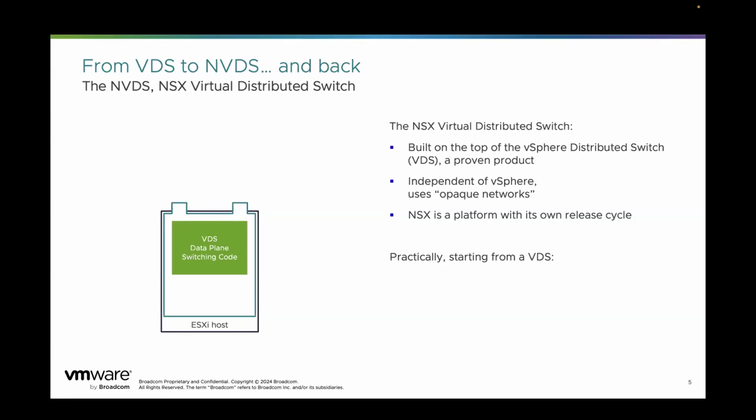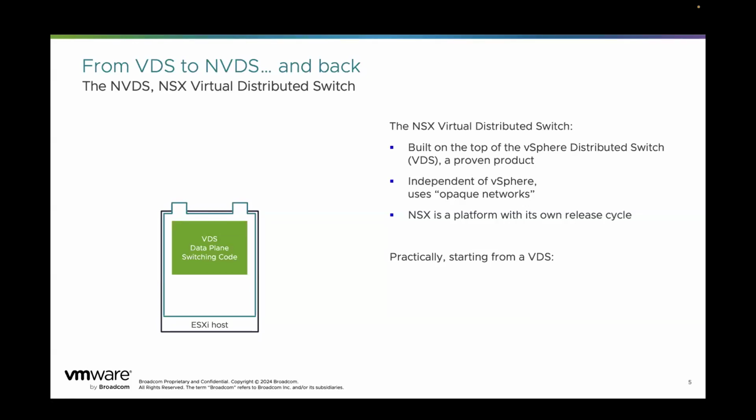This capability has been introduced several years before we created NSX. In fact, there used to be a Cisco switch, an IBM switch, or a lot of third-party switches running on the ESXi host that were relying on the same set of APIs that made them completely independent from the ESXi host. And this is what we call opaque networks, in fact. And they were using those opaque network APIs in order to run their virtual switch as an independent entity on